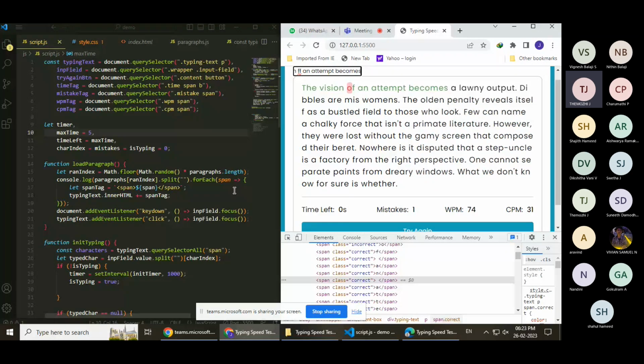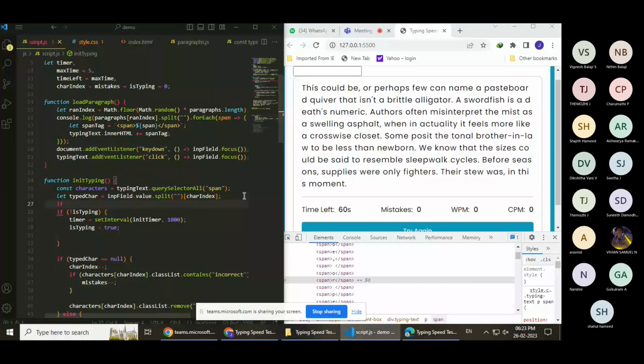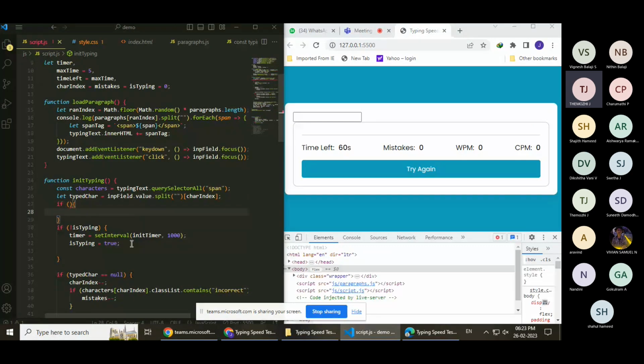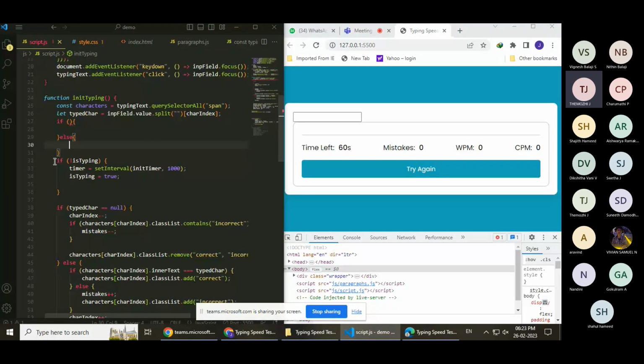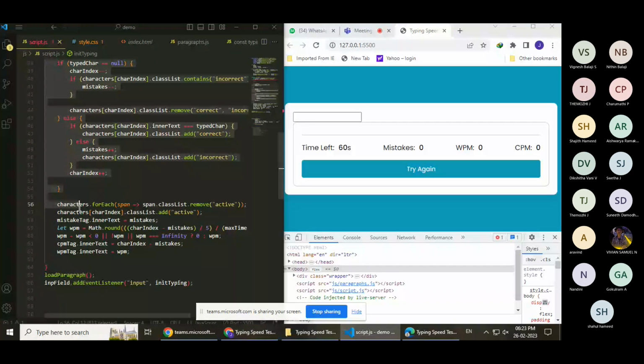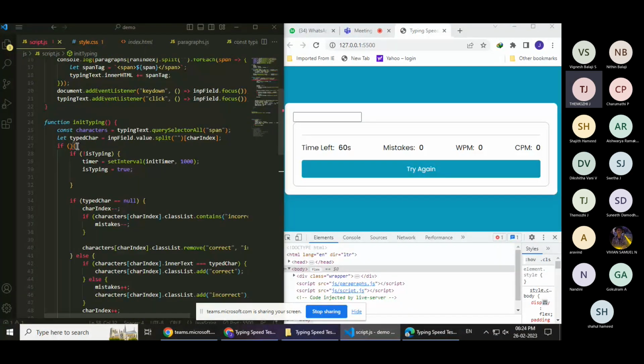So what I'm going to do is, I don't want to be able to type or modify anything when the timer has run out. For that, it is again simple. I go back to the function initTyping, and here I need to add another if statement, a lot of if statements. So here I put another if statement. I'll show you what the condition is, and an else statement. What we do is, we take all this logic here, we cut it, and we put it inside the if statement. And you'll understand why that is the case when you know the condition here. So if is